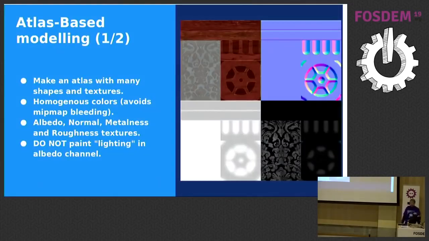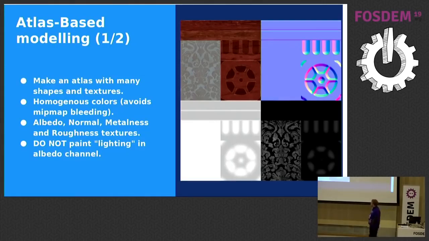This is not something I use for the demo, this technique, but I would like to explain it. It's a very common technique in the industry. You just make an atlas with shapes that may be related to the way you are going to model a level or something. Here you can see I put 2 planks of wood, something with a detail, and then something round, and then something that looks like a wallpaper or something.